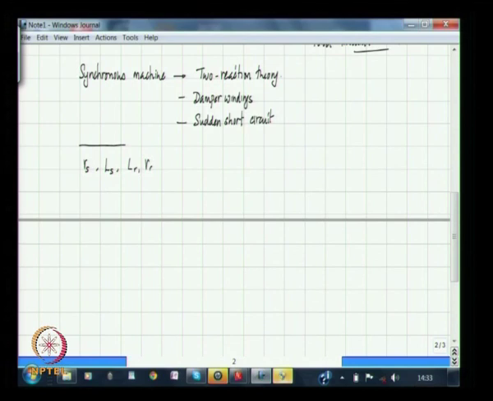How do you determine these numbers? Now these numbers may be determined from the blocked rotor test and no load test for an induction machine,